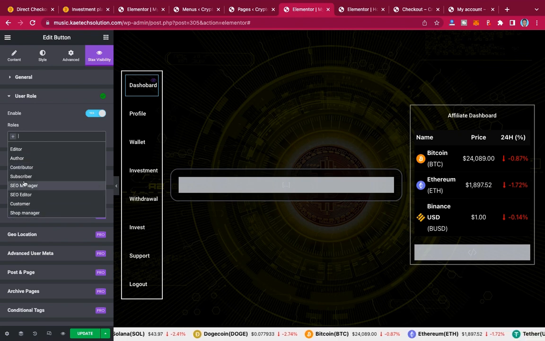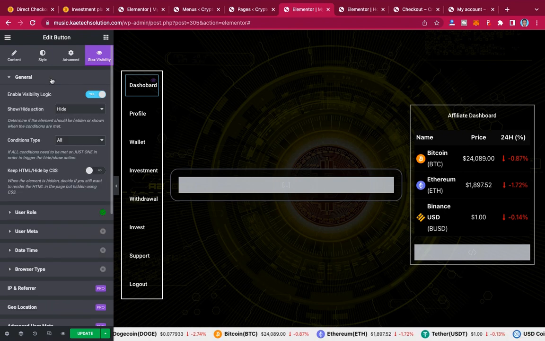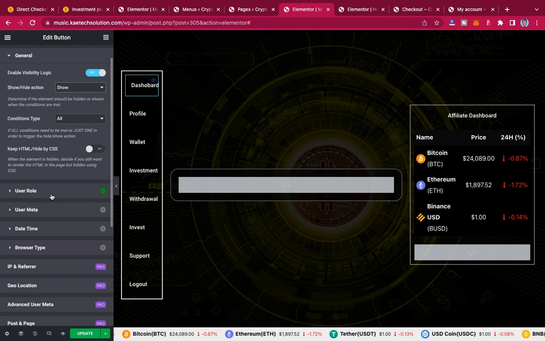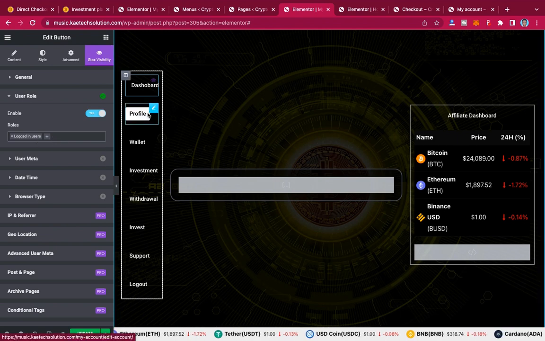logged out users. Since we don't have logged out users over here, we can decide that we don't want to hide it, but we want to show it. We want to show this one to only logged in users. Now that we are done with this one, we can go to the next one and do the same thing